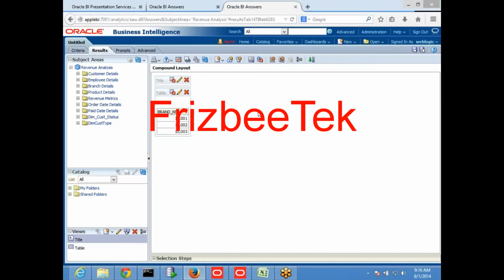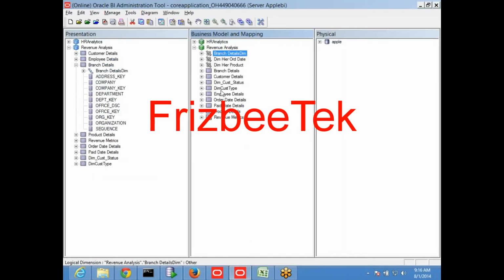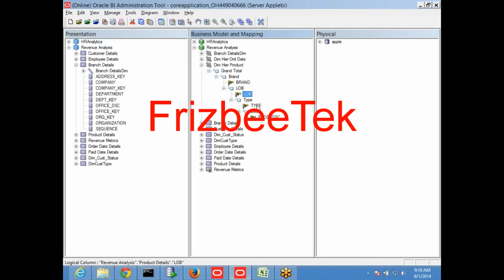So here every time, if you see, we have created only one column. Brand one column, LOB one column, type one column, one column that is defined as a key, and I also selected one option called use for display. That is the same blind step I followed every time.